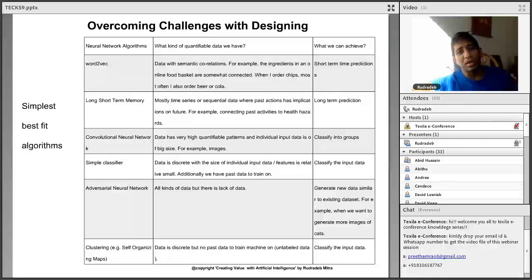You don't need deep learning. I can assure you that deep learning is hardly used in real world cases. Well, I'm not talking about autonomous vehicles, but most real world cases. It ends up being classification, clustering, maybe k-means, a simple classifier, word2vec, basically very simple algorithms. That's why I keep on saying that most real world cases don't require a rocket scientist, forget a PhD, they don't even require a master's degree.